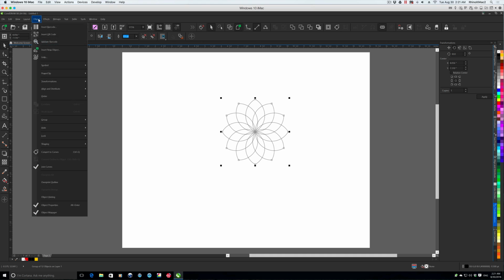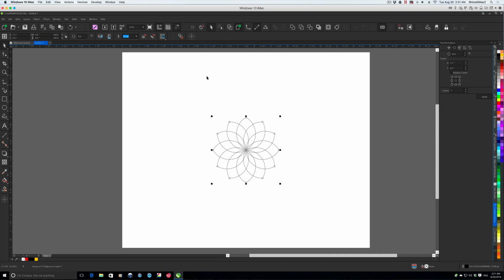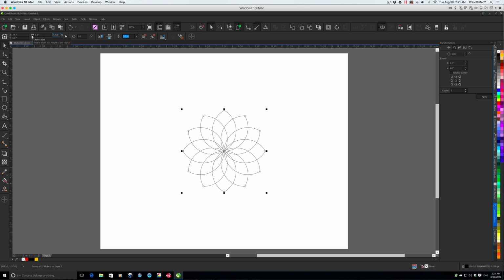Now we can do Object, Align, Center, and you can also select that and hit P on the keyboard and that'll center it to the page. You know what, I'm going to make this just a little bit bigger, 5 inches by 5 inches. Okay, so the first thing we're going to do is we're going to grab our ellipse tool and we want